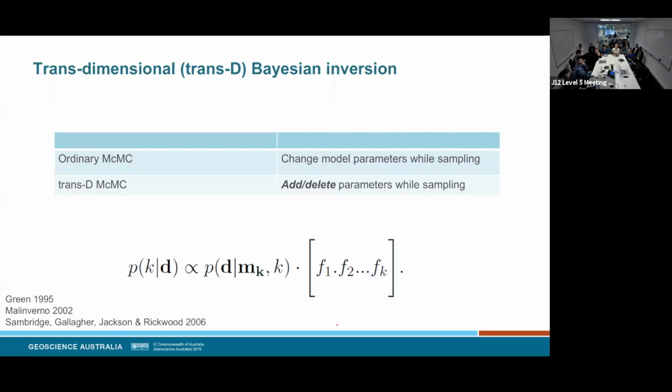So K given D is proportional to P of D given K times P of K, right? And it's now not P of K over here. So this is the outcome factor. But hang on, P of K given D is proportional to P of D given K times P of K. So whatever those proportionality factors are, they are in fact representing P of K, because otherwise the equation's not true. What would happen is, irrespective of the value of K, the proportionality constants don't change.